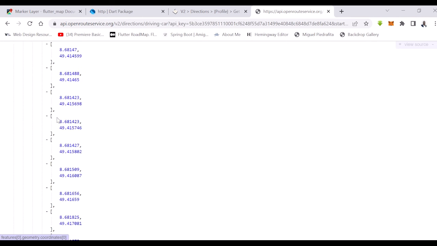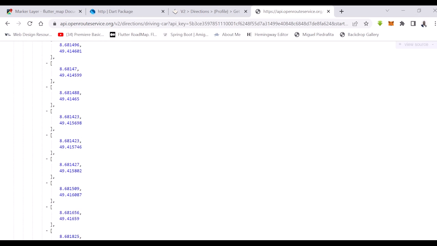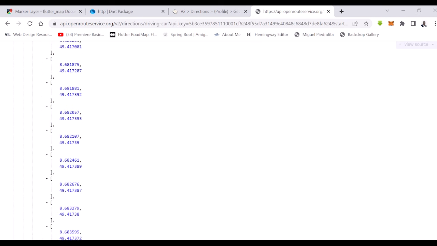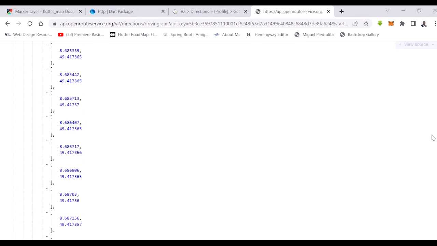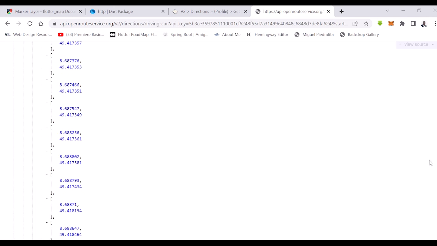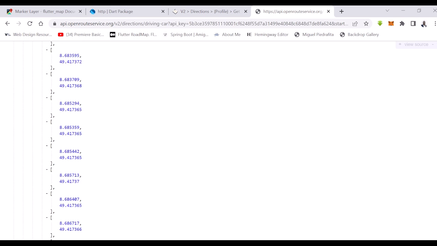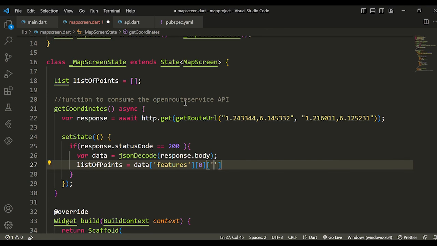Yeah, as you can see here, inside the geometry property, we have the list of points, from the start point to the end points. These are the intermediate coordinates that we have to retrieve and put in our app. As you can see, they are available in the geometry property. So geometry,